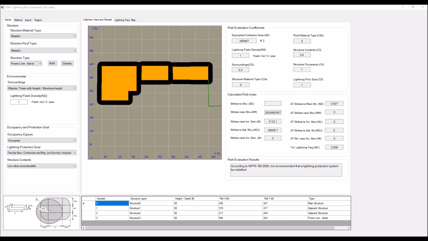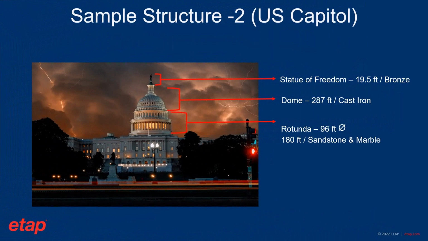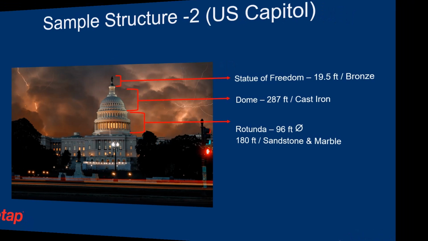The next example is a complex structure, and it is one of the most popular buildings in the world. I chose the US Capitol for the second structure, which could have much more dimensional complexity. So we have the basic building followed by the rotunda structure, which is 96 feet in diameter and 180 feet tall, made out of sandstone and marble. And we do have the dome, which, overall with the Statue of Freedom, is 287 feet high. However, the dome is made out of cast iron, whereas the Statue of Freedom, at 19.5 feet, is made out of bronze. So this could still be